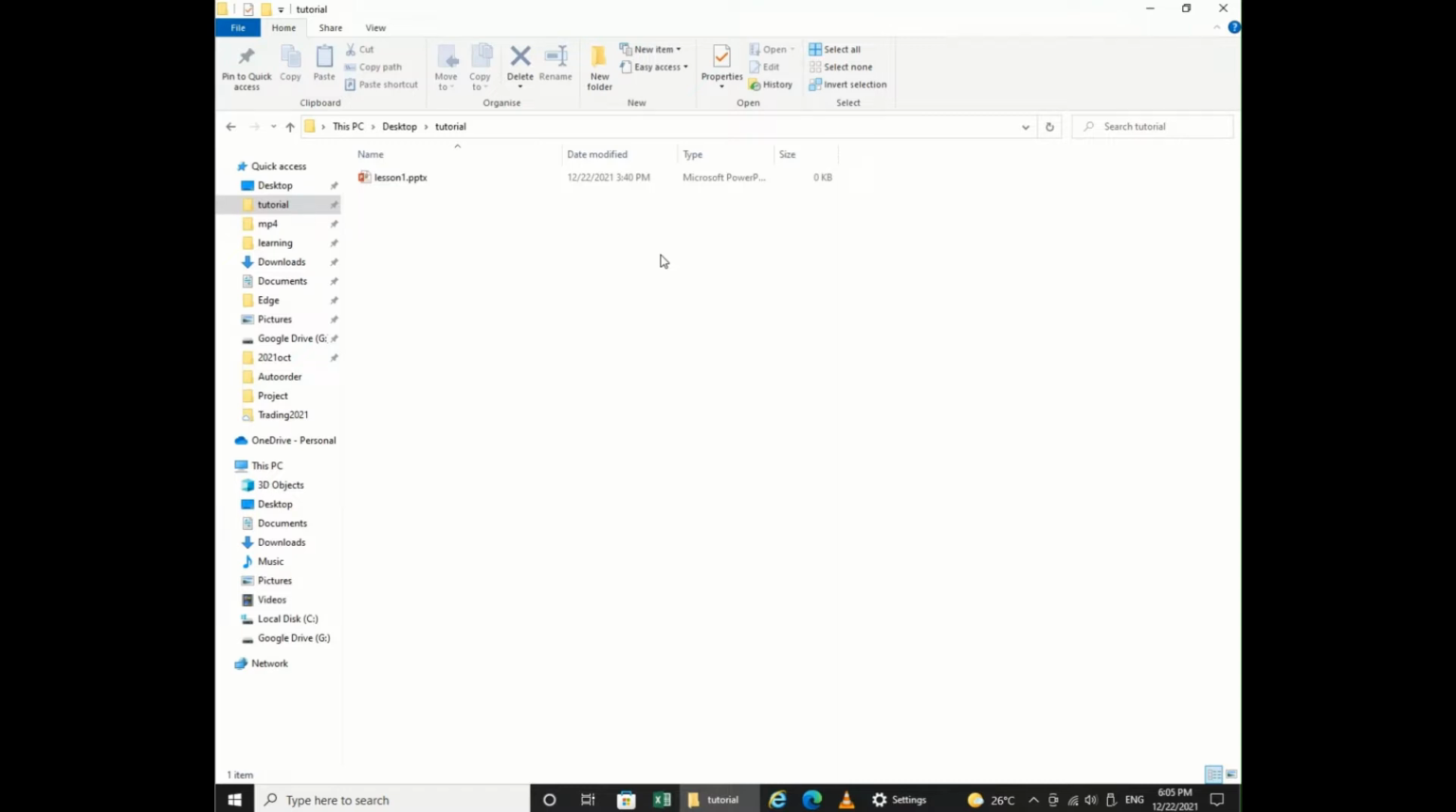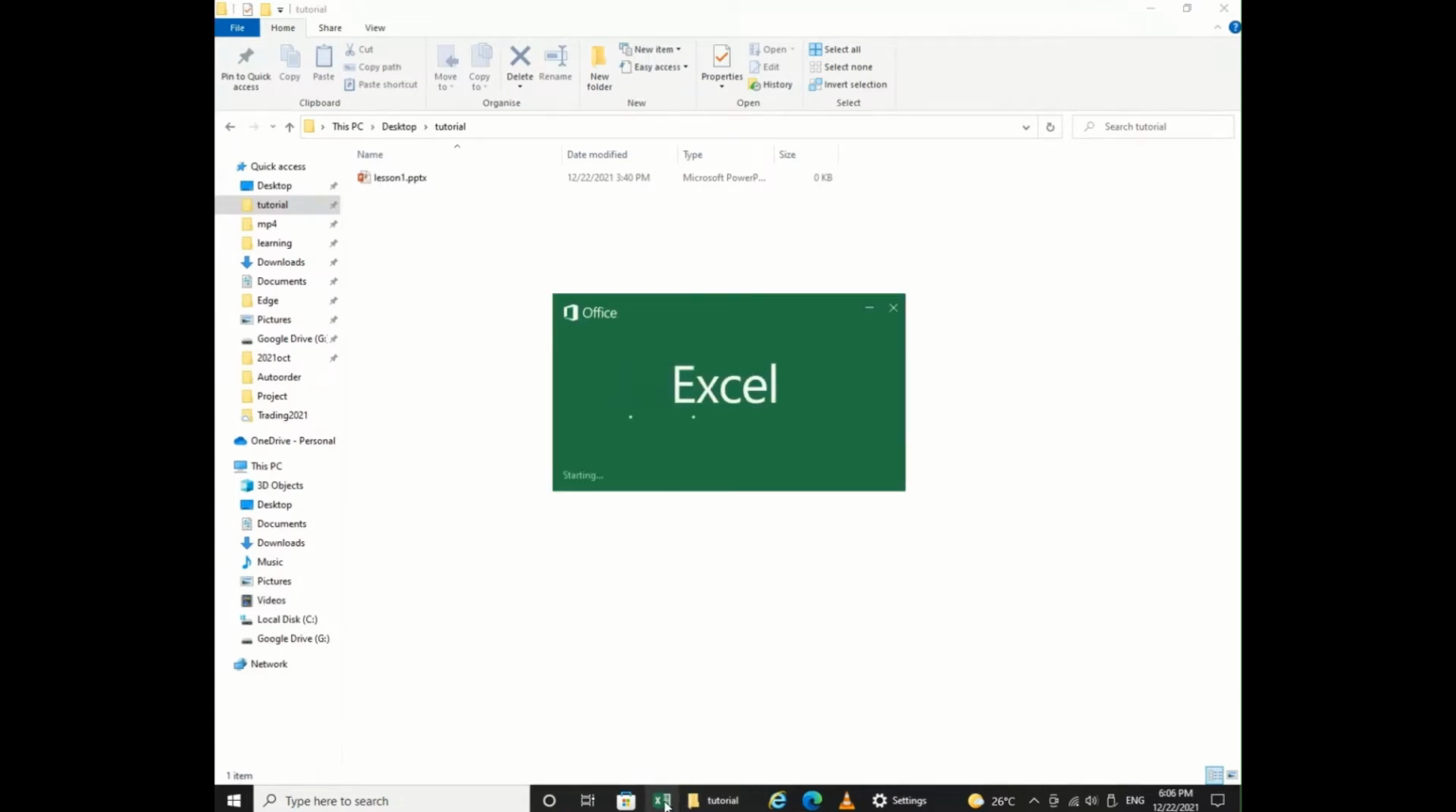So one thing is, if you use Excel a lot, you can pin it to your taskbar, the way I have done it. So if I want to start Excel, I'm just going to click on it and it should open up